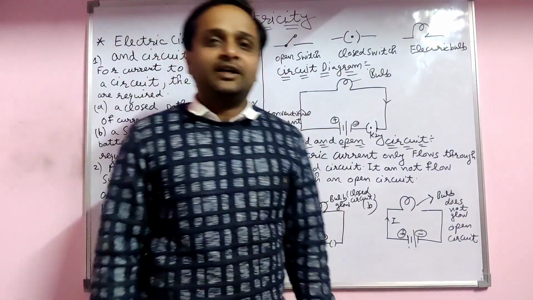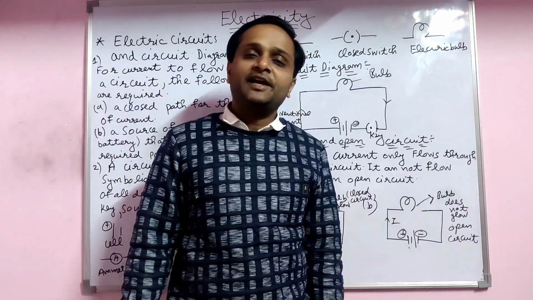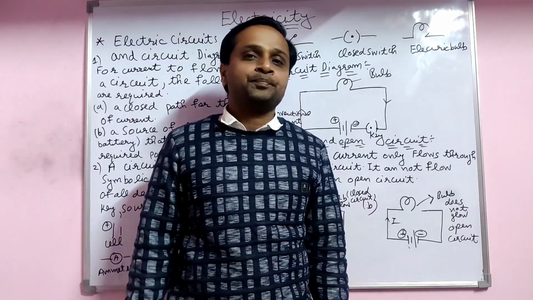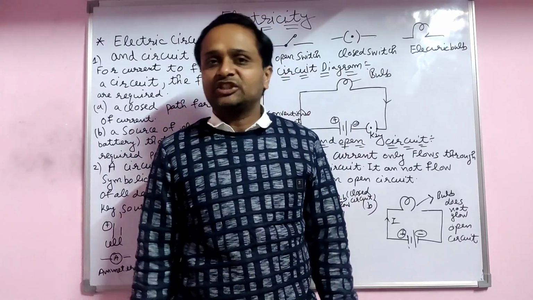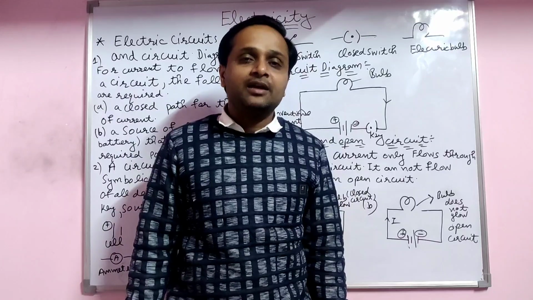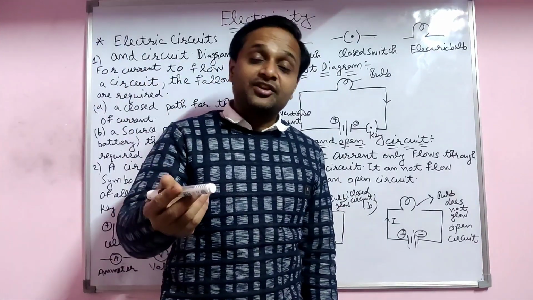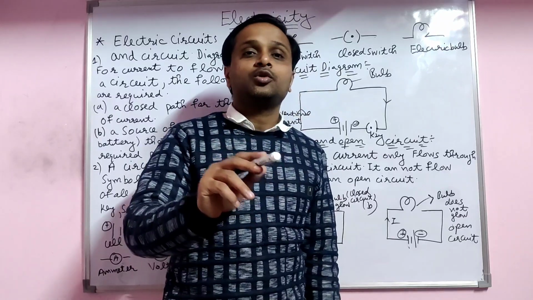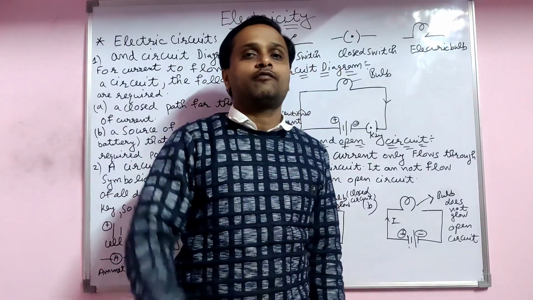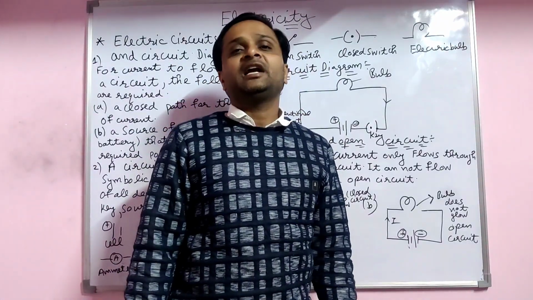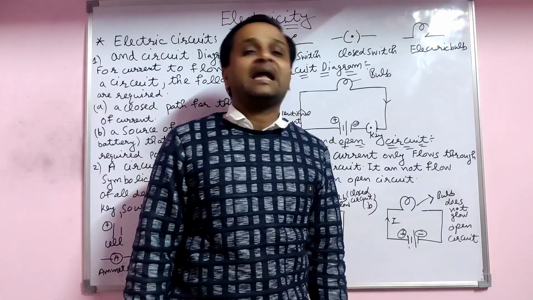Good morning, students. In the last lecture, I already explained about the electric cell and dry cell, their working, construction, electric mains, etc. We are able to produce electricity by using a solar cell also, and from the flow of wind and the flow of water. And we already did text question 1, filling the blanks.